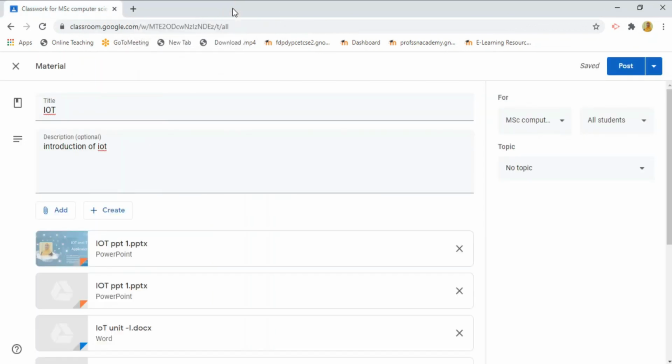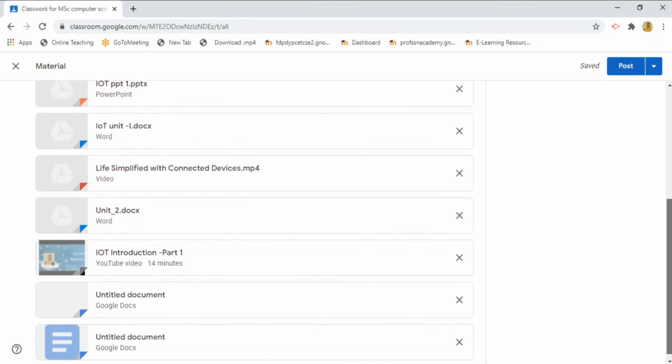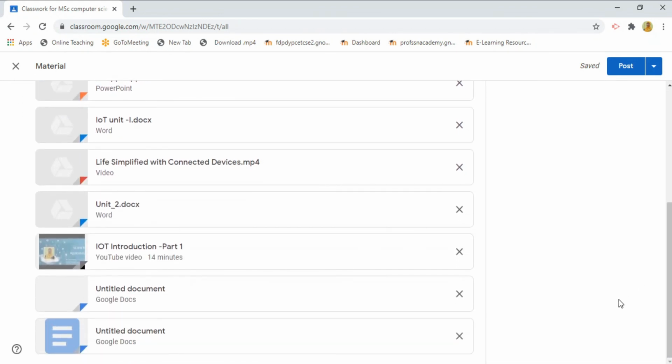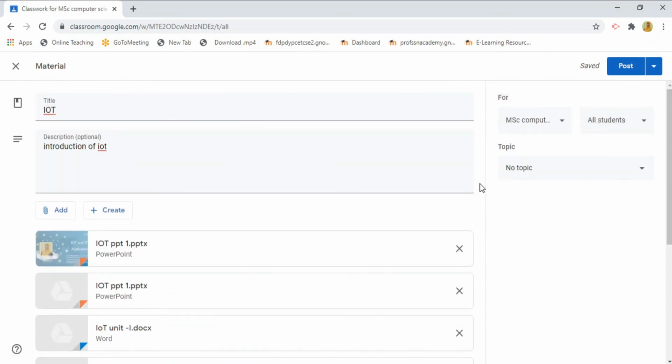It will be saved automatically. There is no need to save the document file. Similarly, you can add slide for PPT, you can add your Excel sheet and create your Google form in a dynamic way.